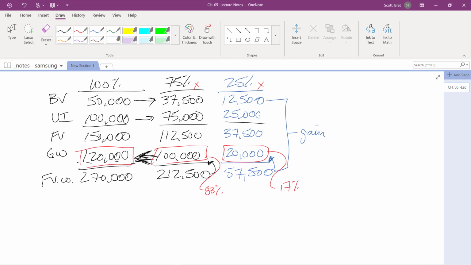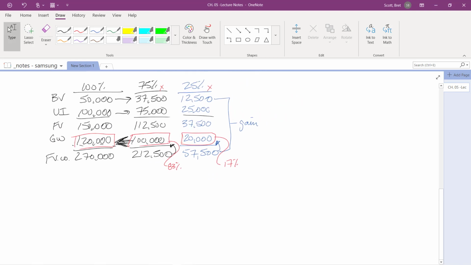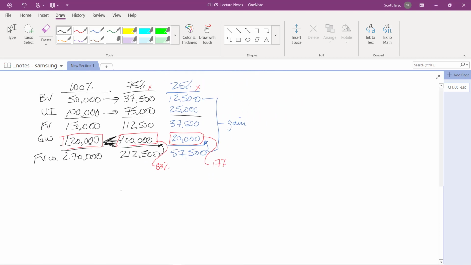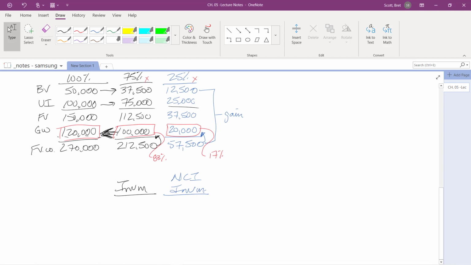After I figure this out, the next step I usually do is go through and start building out my investment account. So the investment in DMI, that's my general ledger account. And then, as an aside, I'll keep track of NCI's portion, their 25% investment, on the side. In this case, I'll start off with the book value. What's the book value portion that I paid for? 37,500. What's the UI? 75,000. And then there's goodwill